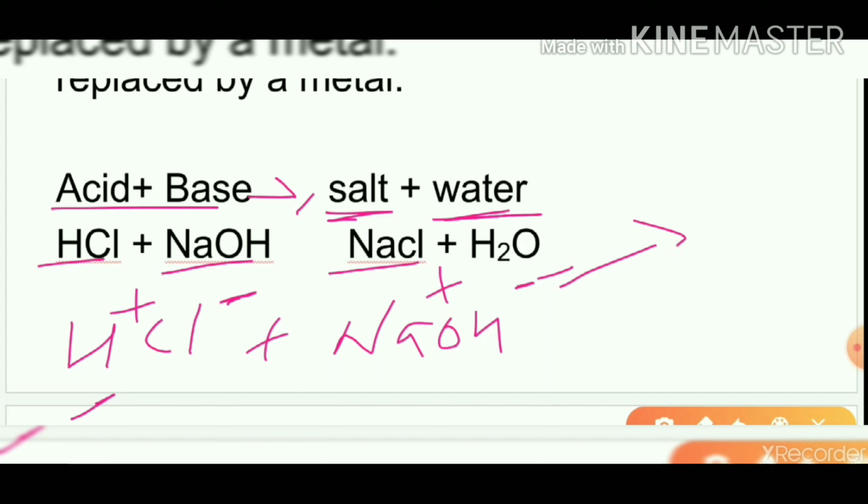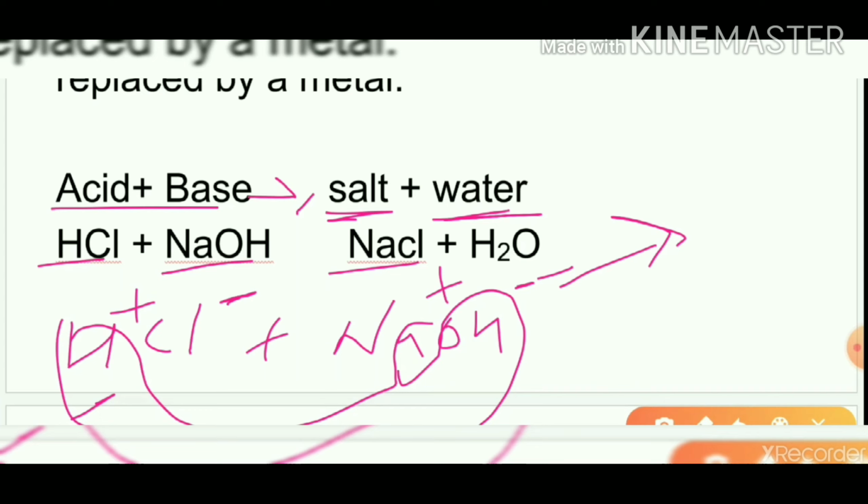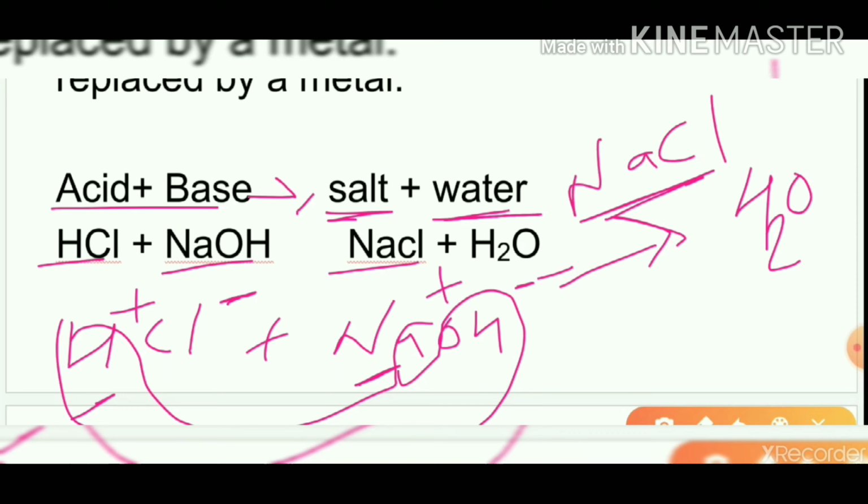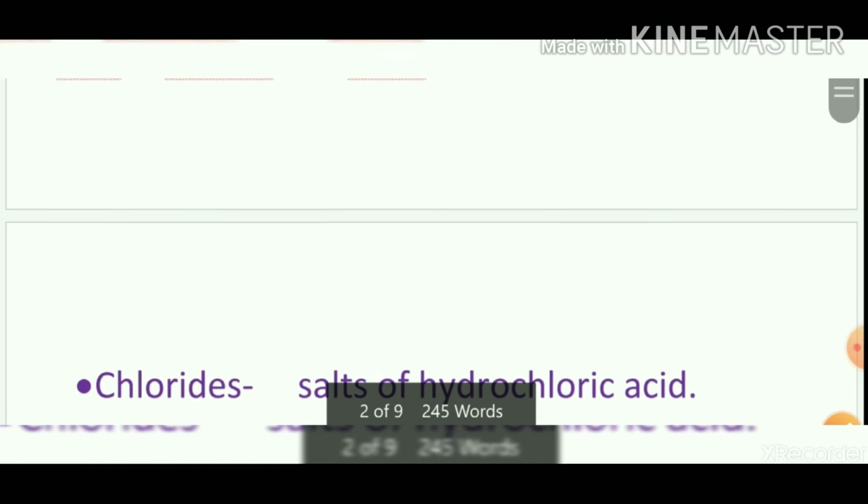What we'll do, we'll take the plus. We know that opposite poles attract each other and same poles repel. So we will take the H plus and OH minus together, and H2O, water, goes out, and what is left? Na and Cl. In this way salt is formed when acid reacts with base. We have seen the reaction. I hope you are getting it properly.